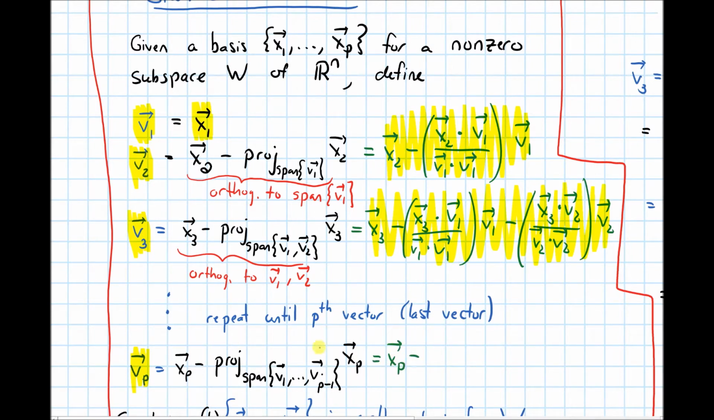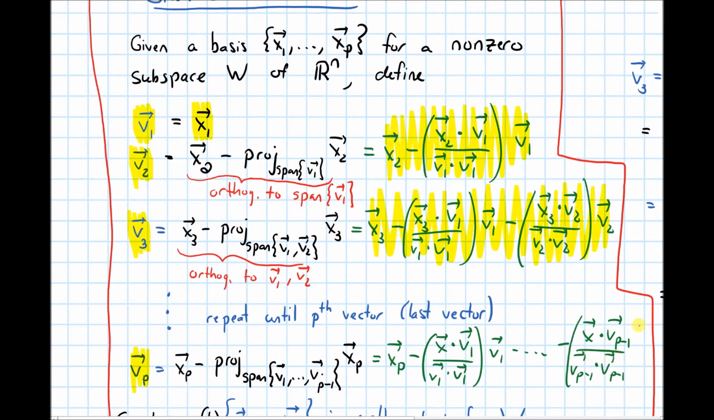And now minus the projection of xp onto v1 and then v2 all up to p minus 1. So first let's project x onto v1. We'll get x dotted with v1 over v1 dotted with v1 times v1. And then minus dot dot dot minus until we get to the last vector. So x dotted with vp minus 1 over vp minus 1 dotted with vp minus 1. And that fraction is going to multiply